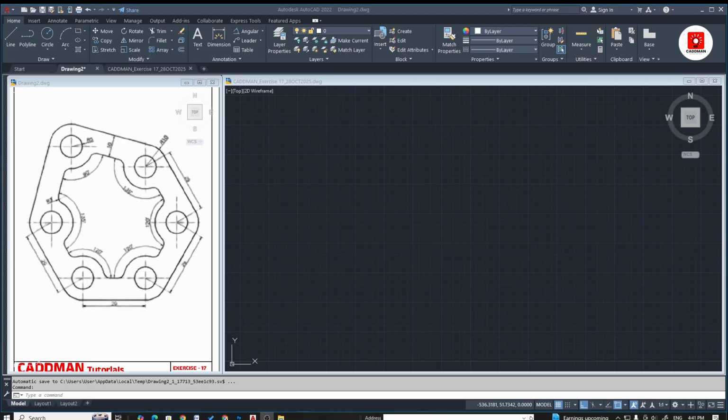Today let's see how to create this drawing in AutoCAD in a step-by-step method. So let's get started. Before starting the drawing, let's check it out. All the possible dimensions are available in the drawing in order to create this drawing in AutoCAD. So